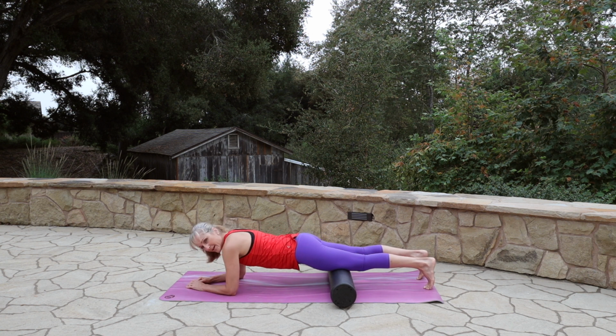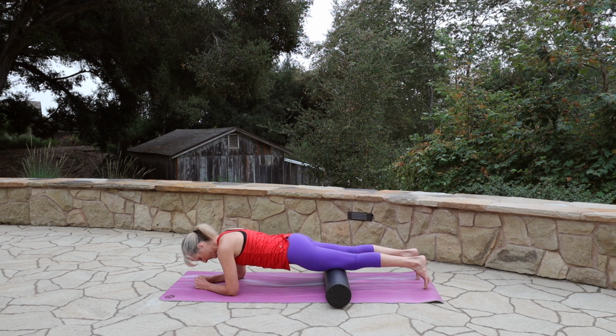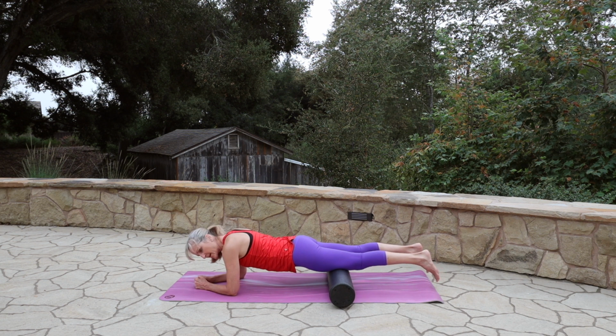Toes on the floor. Think about relaxing your shoulders. You might get a little bit of an upper body workout if you're weak on the upper body, but that's okay because that means you need it. And you're going to lift your feet off the floor. Now this is a